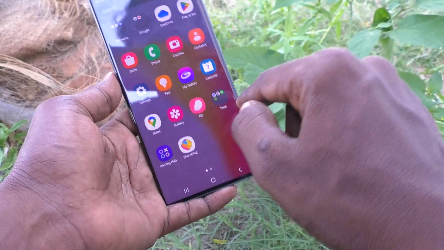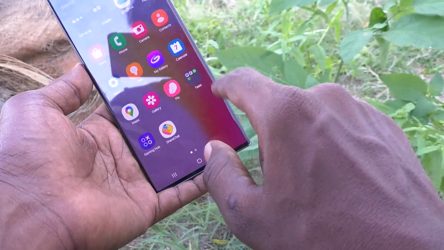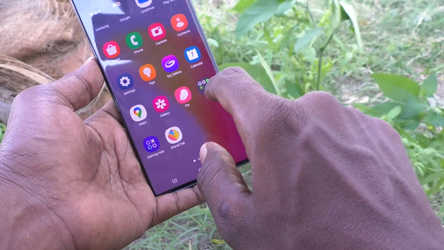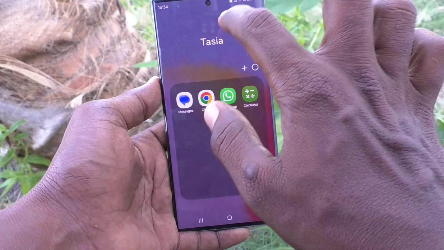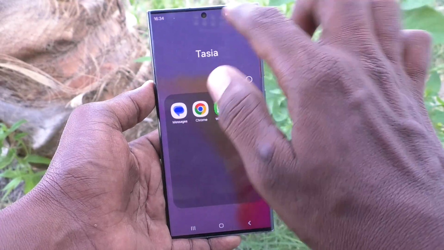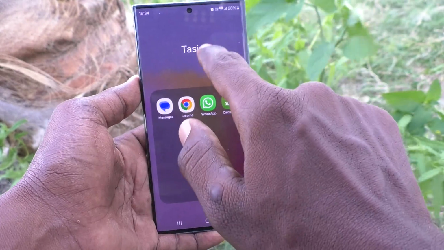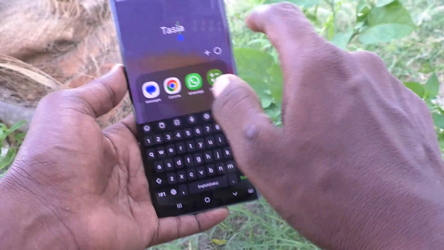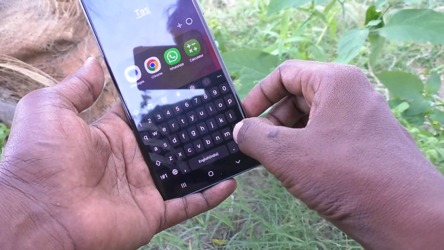So if you would like to change the name of the folder, for example, if you would like to change the name of the Dacia folder, just click over the folder and Dacia will be showing here this text. Just click over this text and here you can rename. Okay, I rename it as